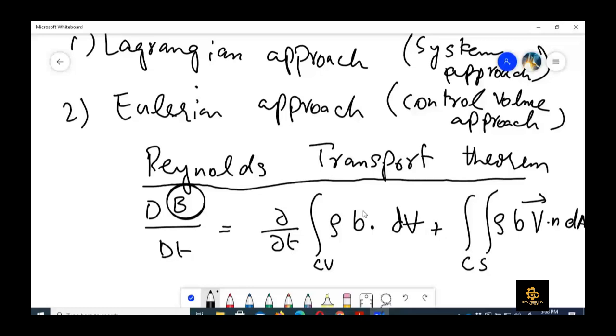So this is the system approach, the left hand side, and the right hand side is the control volume approach. We talk about the time rate of change of that property within the control volume, and whatever inflow and outflow of that property there is from that control volume. So we are going to use this for our analysis in FM2, fluid mechanics 2. So now let us start discussing the